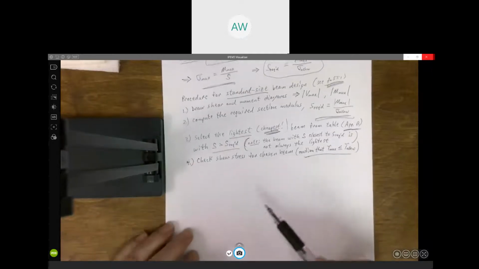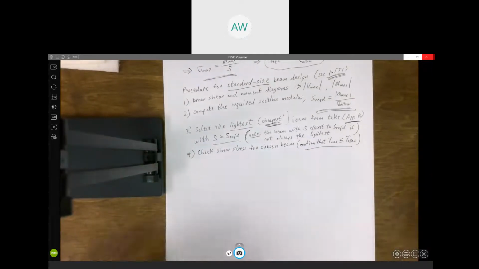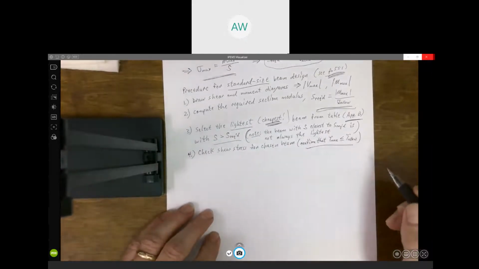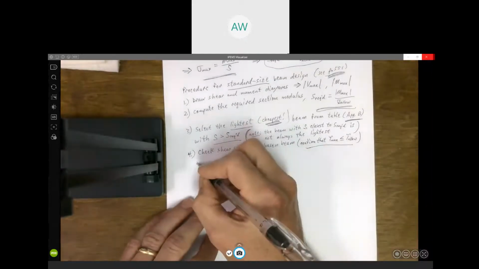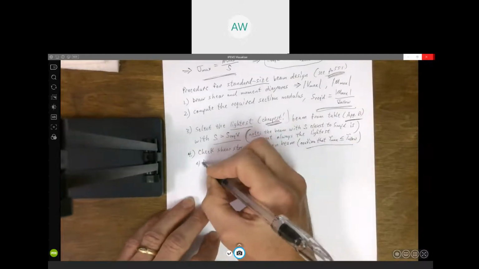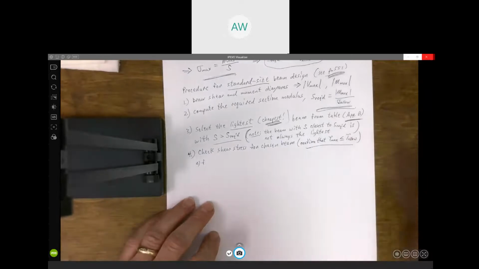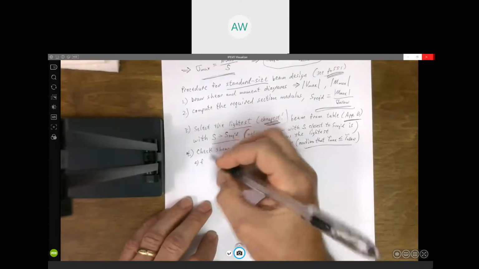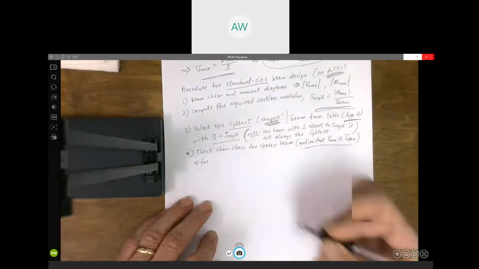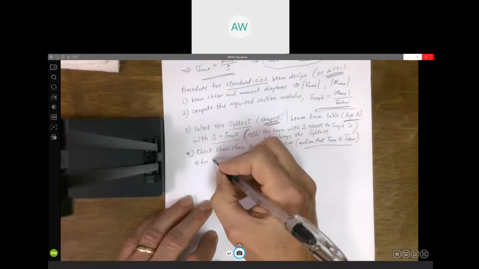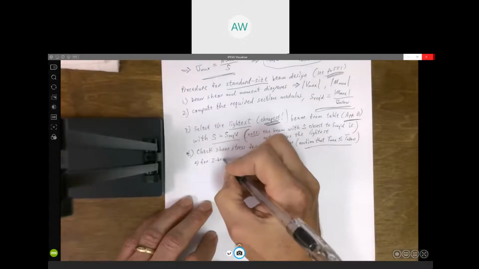Now, when we go about checking the shear stress, there's a couple of possibilities here. One, in most of these problems where we're selecting standard size beams, most of the problems in the book are asking for I-beams. So you're going to see a lot of problems in this category. And in the real world, you see lots of I-beams as well. So for these wide flange I-beams,